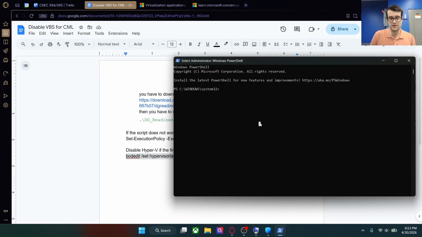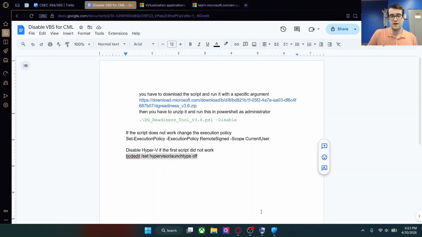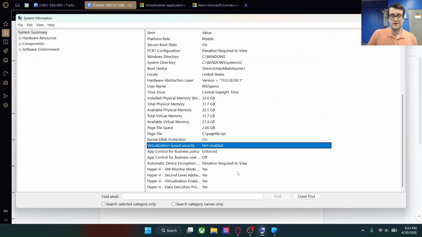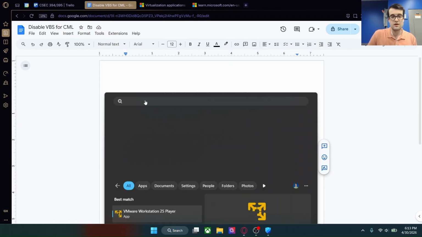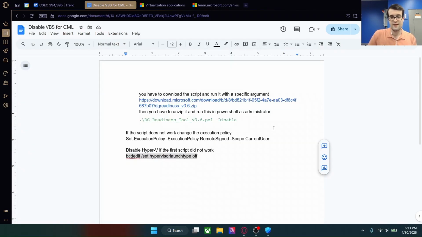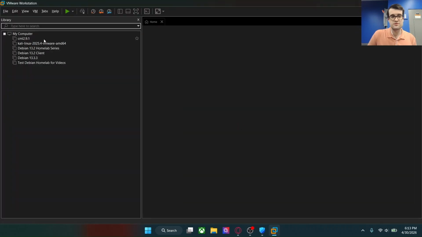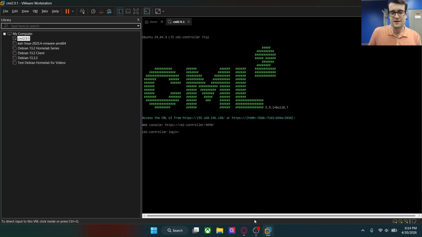And just go ahead and copy and paste that. Again, this will be in the description, so go ahead and look for it there. Run it. Operation completed successfully. And now you should see down here, you might need to restart your computer again, but it should be gone here. So now, if we go back to VMware, and we launch it up as normal, and then if we go and test CML,